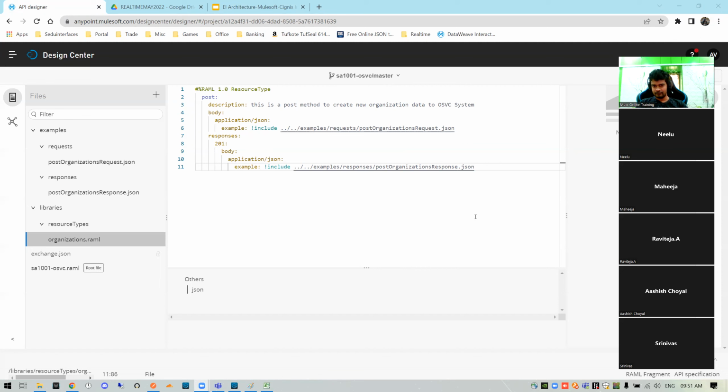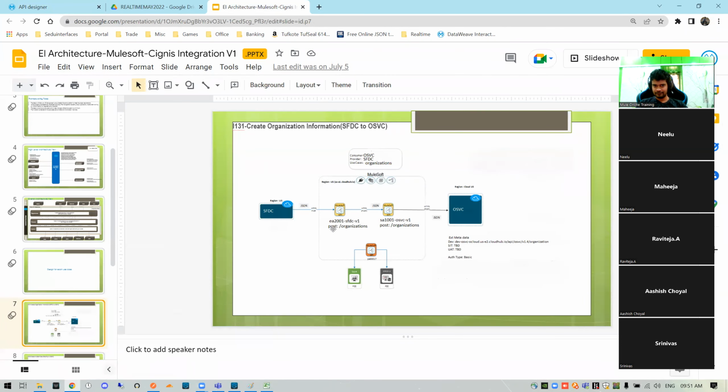First of all, based on the diagram as I observed, I will take what the request is and what the response is. The client requests, then the external system, the target system. So what they require, based on that we will create one RAML. Then after that, we will create some business logic. So what is the map? What is the output they require? The entire set of fields, what